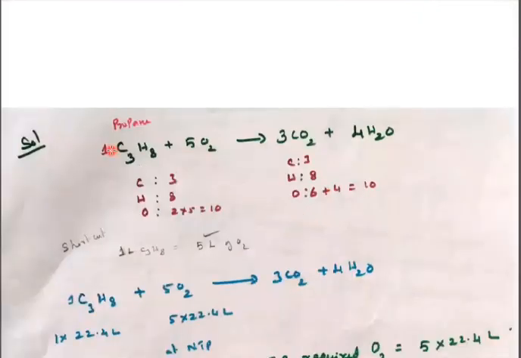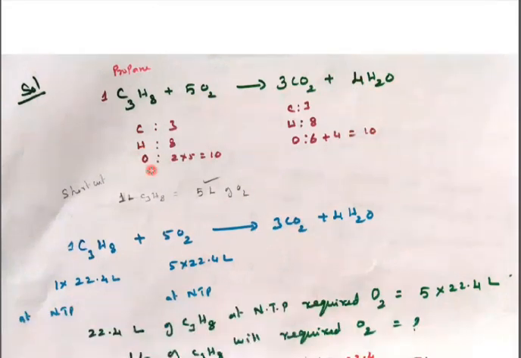Let us find the answer. Propane formula C3H8, plus oxygen, burning with oxygen, gives carbon dioxide and water. After balancing, here C3, so 3, and here it is 8 hydrogen, so 4 into 2, 8 hydrogen. And after balancing, here 5 into 2. This side 3 carbon, 8 hydrogen, and this side 2 into 5, 10 oxygen. Same way 3 carbon and 4 into 2, 8 hydrogen, and 3 into 2, 6 plus 4 oxygen, 10 oxygen.